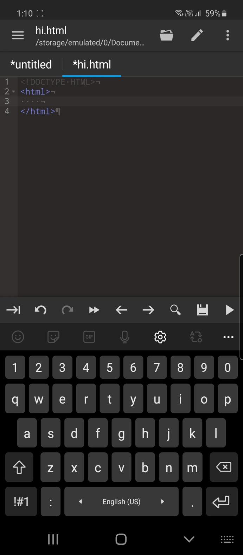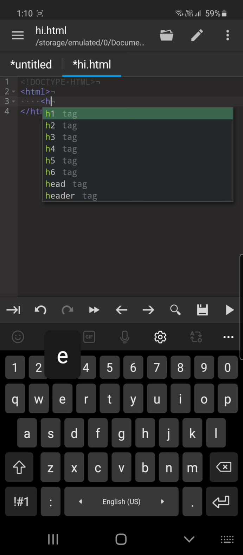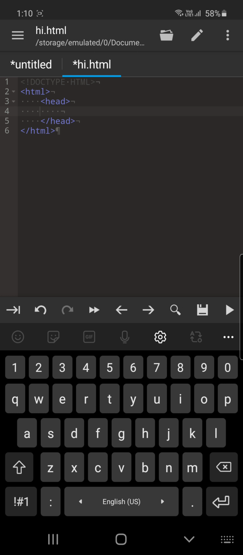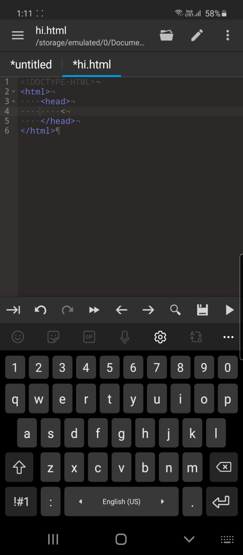Now inside the HTML tag there are two main parts, the head and the body. There are more parts, but we will do that in later videos. So for right now, there are two parts of your HTML document. One of them is called head. Head, as you can guess basically, is the heading or the header of the document. And inside head, one of the most popular tags that we can put is the title tag.